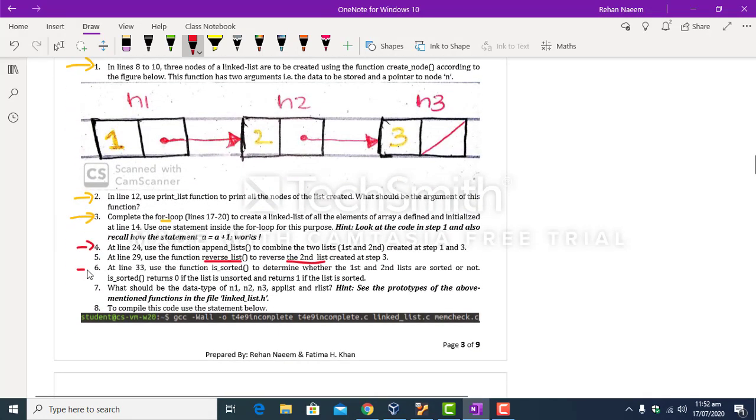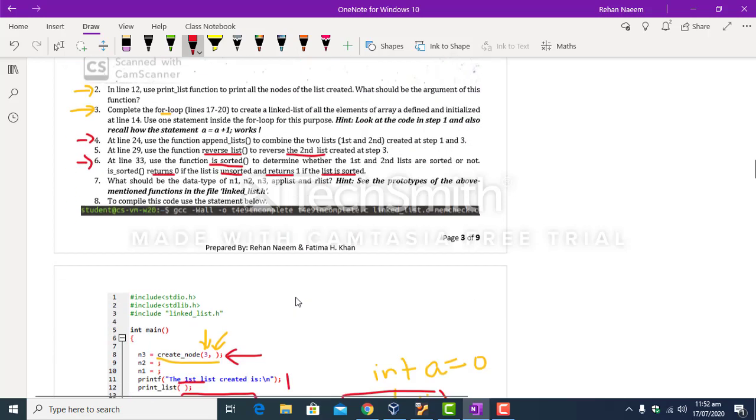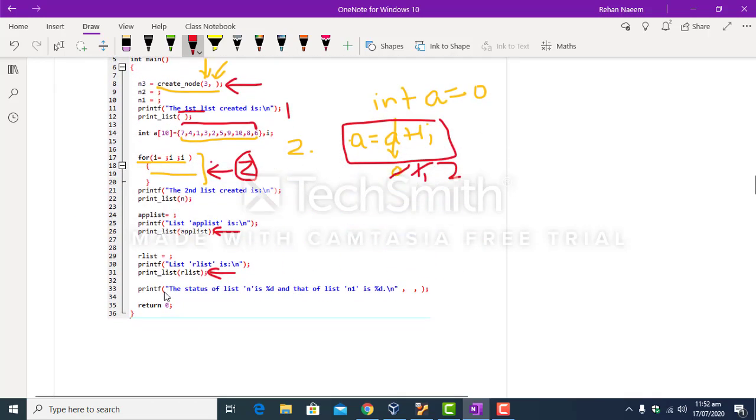Okay, at line number 6 you have to use this function is sorted, and this function returns 0 if the list is unsorted, and it returns 1 if the list is sorted. So use this function over here to determine the status of list n.